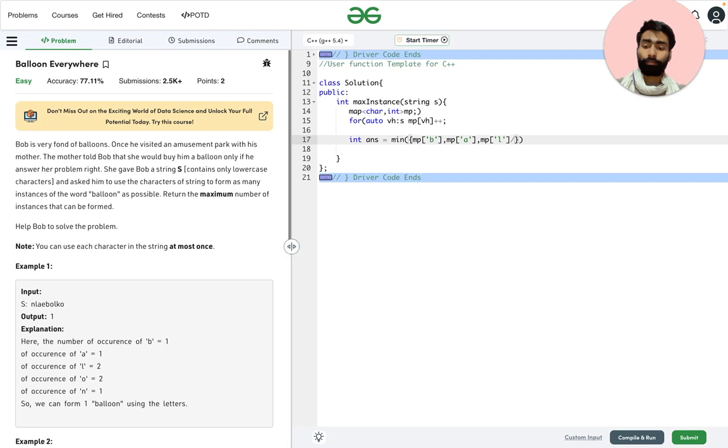So the number of this character we will divide by 2, so it will be counted as 1.